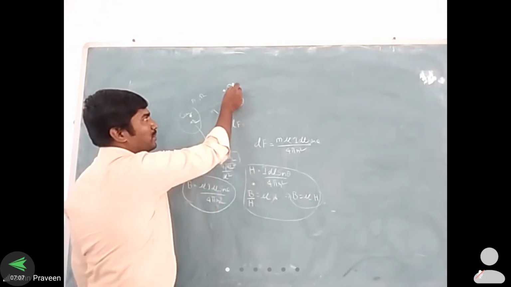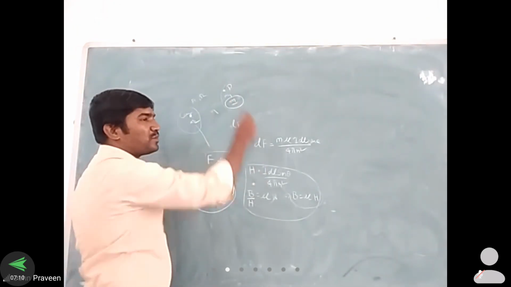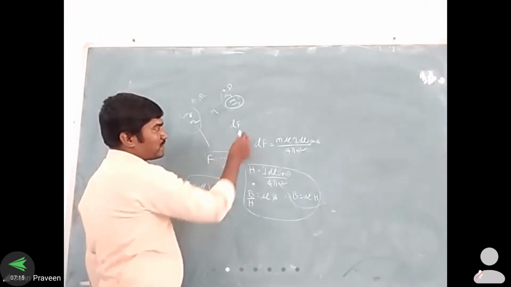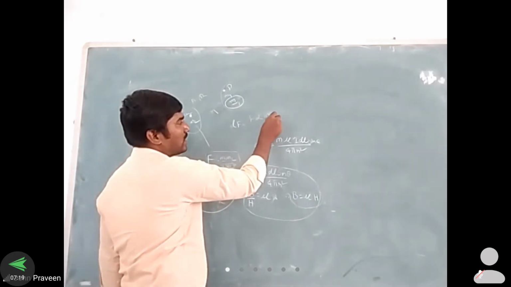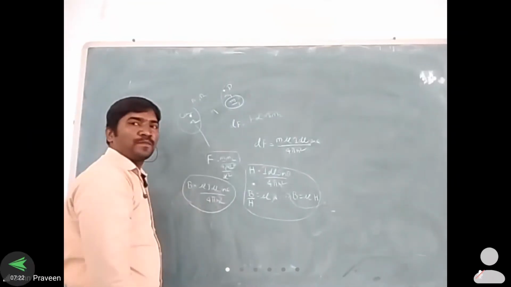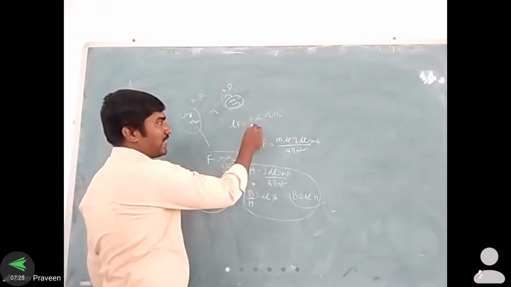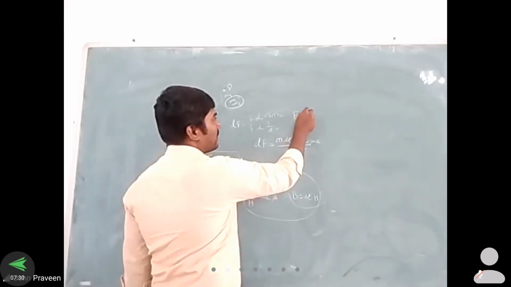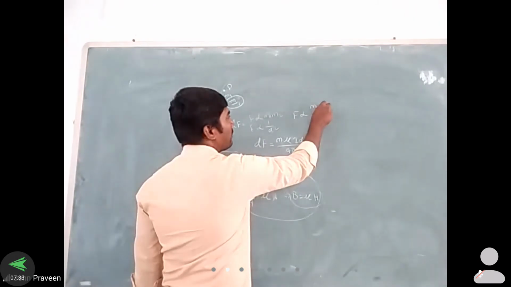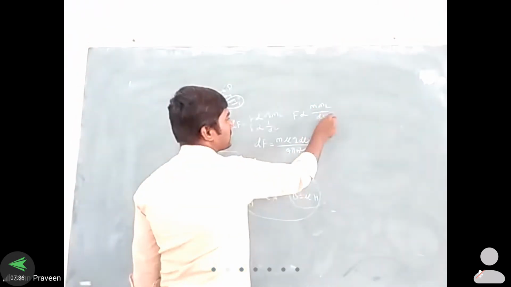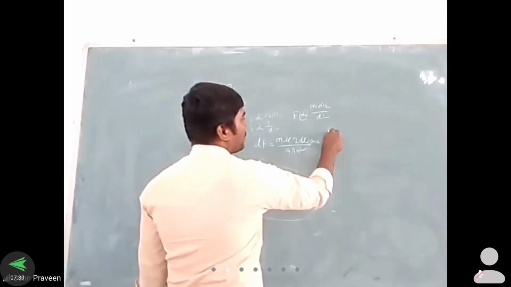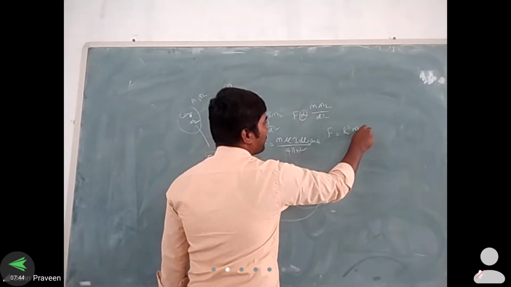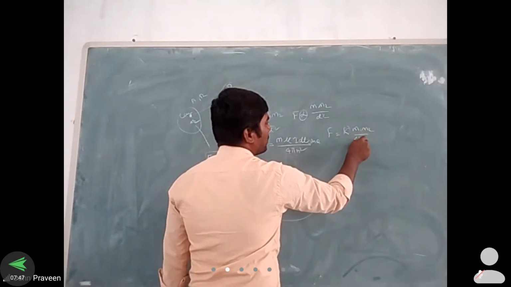But what is the force strength at P? We are assuming it as a small m. You assume this as m1 and this as m2. According to Coulomb's law, F is directly proportional to the product of the two pole strengths. We will simplify this further. F is inversely proportional to 1 by d square. So F is directly proportional to m1 m2 by d square. If we remove the proportional constant, we get the equation F is equal to constant k of m1 m2 by d square.